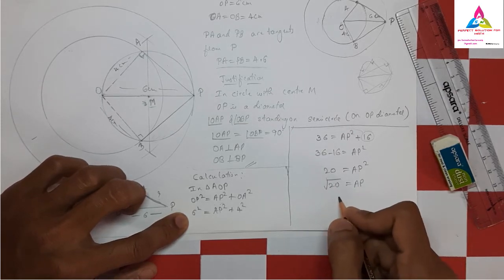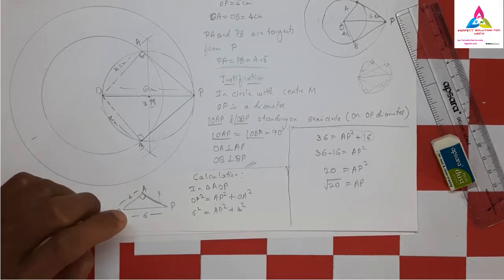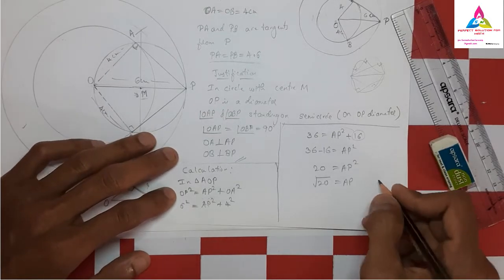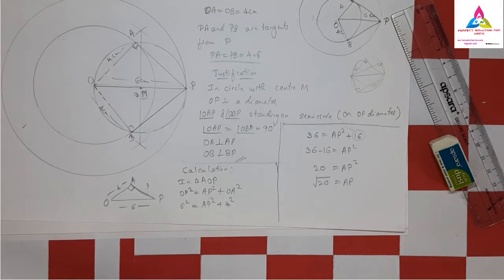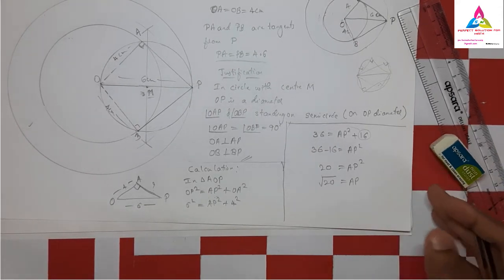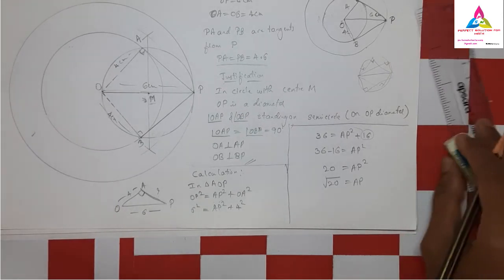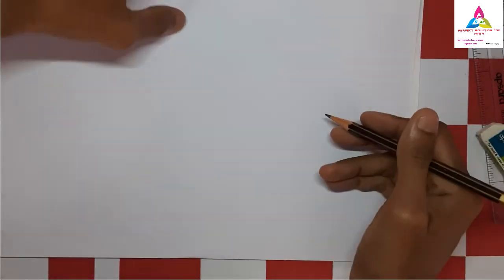Square root of 20, when it comes, we may have a little bit of confusion. How to find the root value: if you already know, you can write it down directly, or if you don't know, I have done one video on how to find the square root of any number. If you have a doubt, you can go through it. If you don't have a doubt, no problem. Let me take one more page, and I will show how to do root 20.